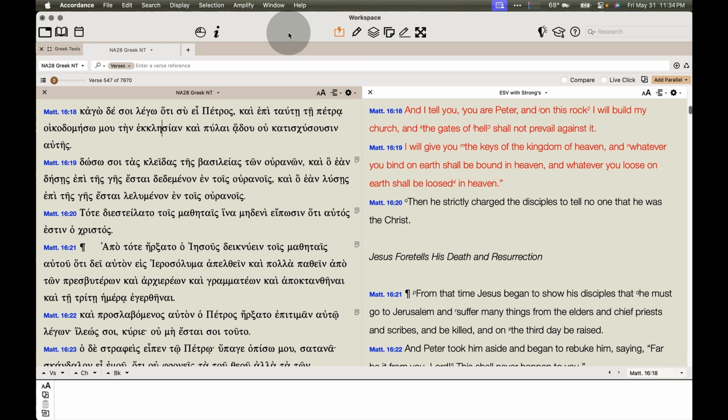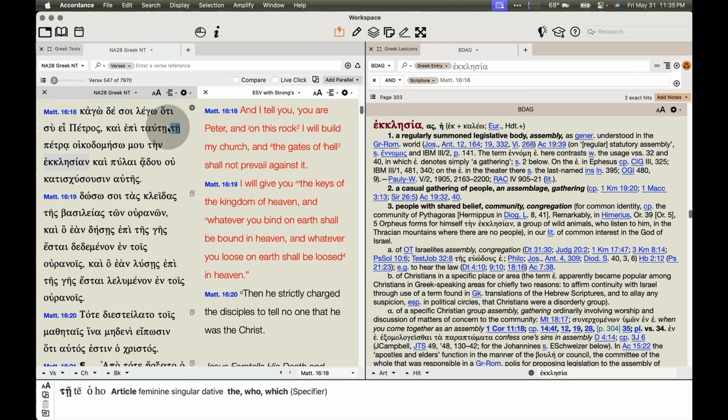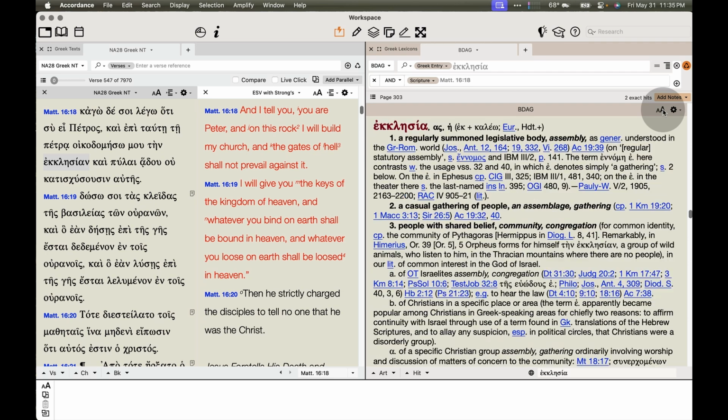One powerful feature often overlooked in Accordance is the window recycling feature when looking up words in a dictionary or a lexicon. Let me show you how this works. So I'm here in Matthew 16:18, and if I wanted to look up ecclesia in my preferred lexicon, in this case BDAG, if I triple click on the word, then you'll notice that BDAG has opened up here to my